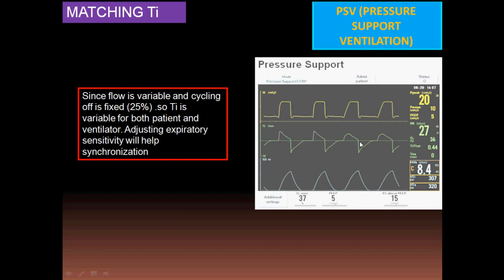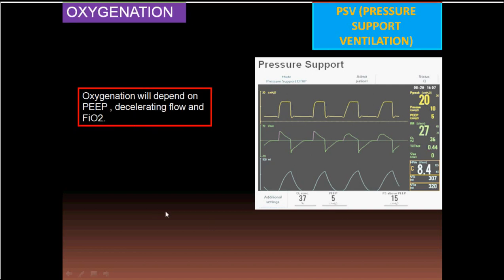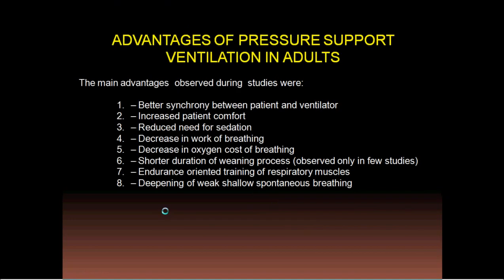So you have to adjust the expiratory sensitivity in order to match the patient and the ventilator, and look at this curve, whether it is overshooting or not. You will correct it in order to get good matching of the inspiratory time of the ventilator with the inspiratory time of the patient, and this is very nice. Oxygenation, for sure, depends on FiO2, PEEP, and